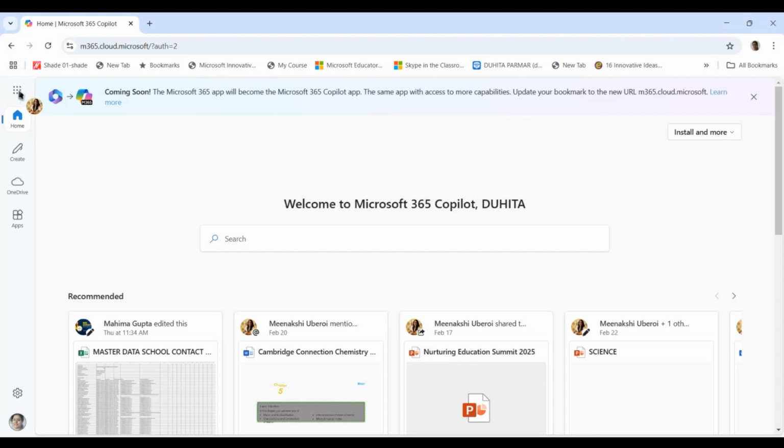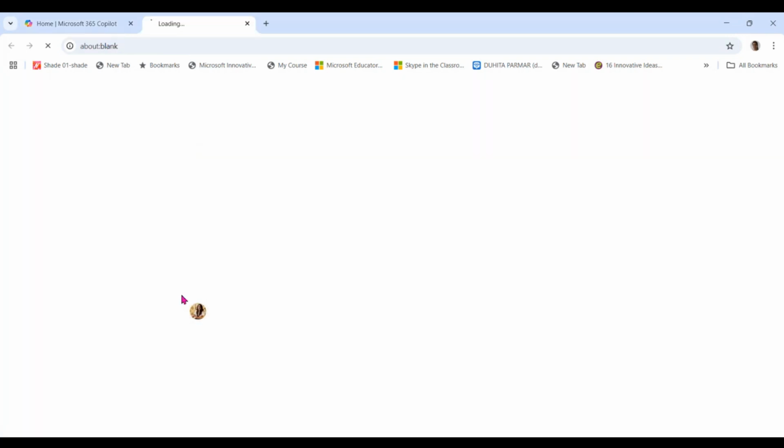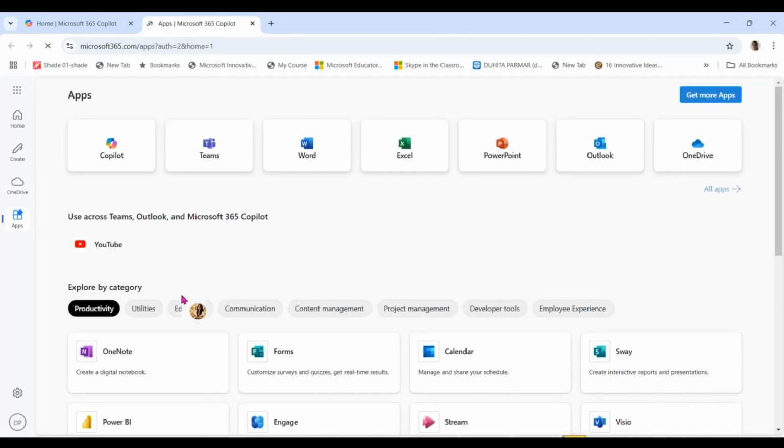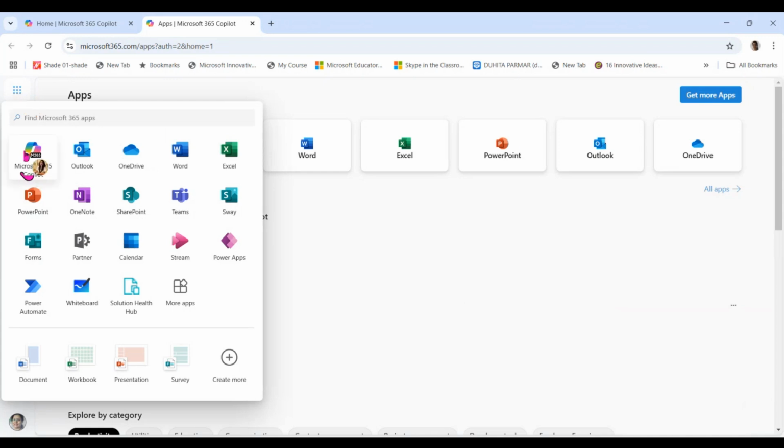Okay. So over here, if you can see, you click on these dots, and you go over here on more apps. When you go on more apps, what I was showing you was the first thing that you see. Do you see this M365 Copilot that has come in? This is what I was talking about. The minute you go to portal.office.com,